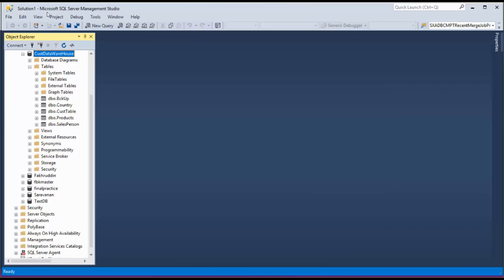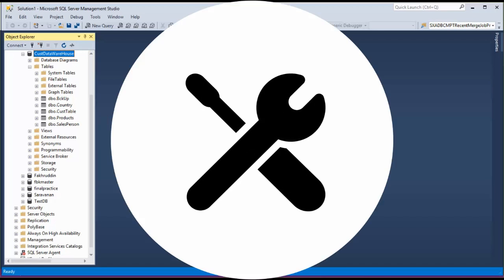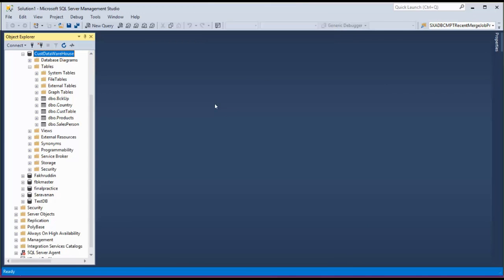Let me give you a small idea about what is happening over here. We are going to create our very first cube, the SSAS cube. And why we have to create a cube is already explained in the previous video, so I'm going to jump right into it. But before that, I'm just giving you an idea about what my database is, what my tables are, and things like that. So I have a database created over here called data warehouse. You see the one that is highlighted.